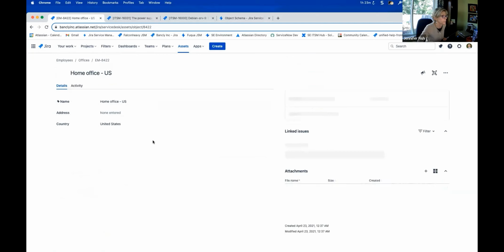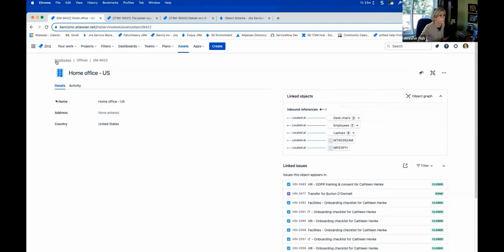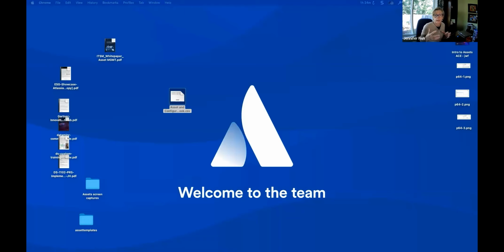So one of the questions we got, Jennifer, was in the first example that you walked through, how were locations configured? Okay, location, I'll share my screen and we'll go back to the initial. If we look at the location here, it's in a separate schema. And so we had it underneath. This highlights the flexibility. Whereas in the templates, and why I like to put facilities in a separate schema, in this particular definition, we have it defined underneath employees as our schema. And then underneath offices, we have an object type of offices underneath employees. And then within that, we had like home offices. So if we looked at offices here, we would see the objects of the Amsterdam office, home offices, remote, etc.